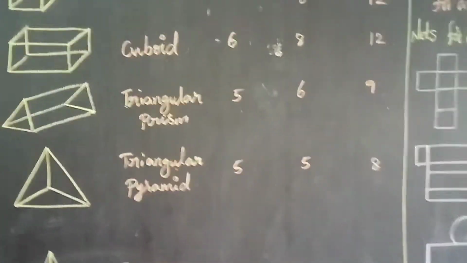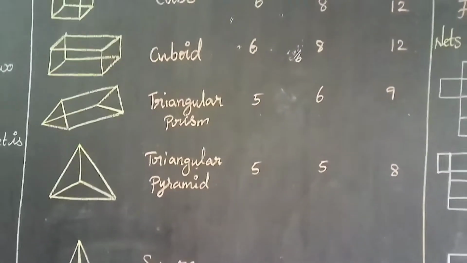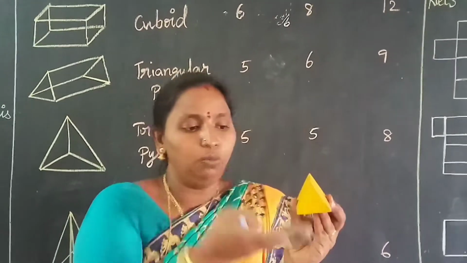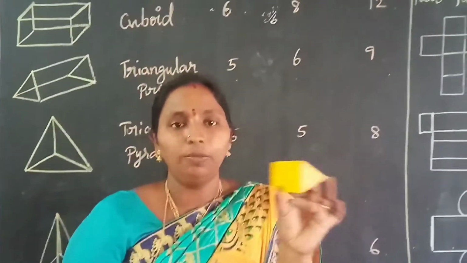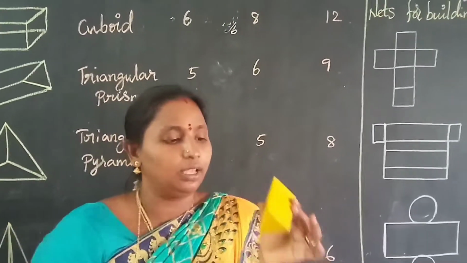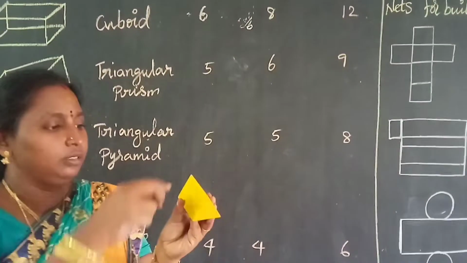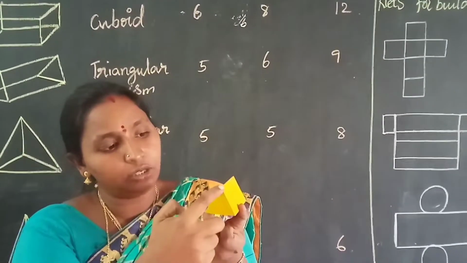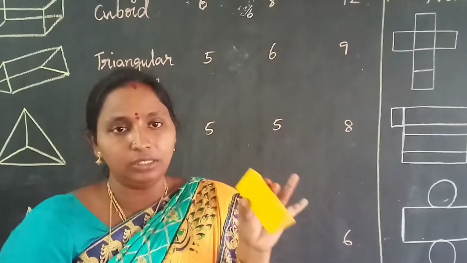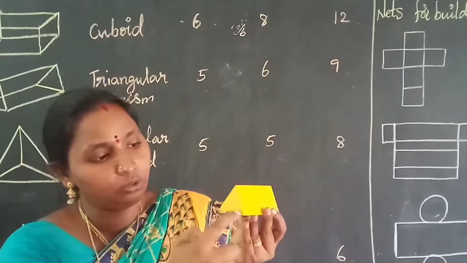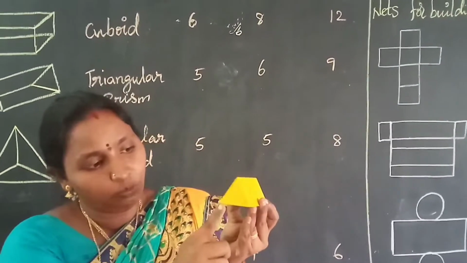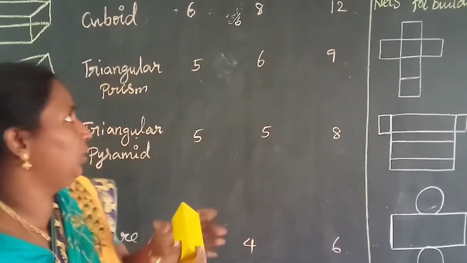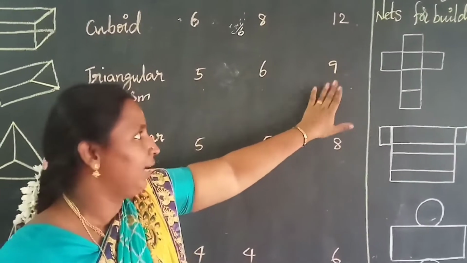Okay. Next, move on to triangular prism. So this is a triangular prism. How many faces are there? Count. 1, 2, bottom 3, 4, 5. 5 faces for this. And then count the vertices. 1, 2, 3. This side you have 3 vertices. Rotate this, here also 1, 2, 3. So totally 6 vertices. Next, edges. 1, 2, 3, 4. This one is 5 and this one is 6. 7, 8, 9. So the total number of edges in a triangular prism is 9.